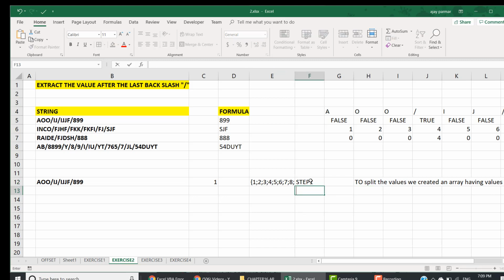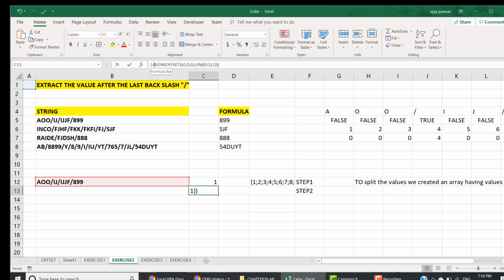In step number 2, since we have to split this, I will be quick here because this is something we did last time also. Simply copy this and paste here, and now since we have created this 1 2 3 4 5 6 7 8 9 10 and so on, we write the mid function, and in the mid we go in this text and press comma, and the start number is this 1 2 3 4 5, the entire series, and then the number of characters, how many characters do you want?